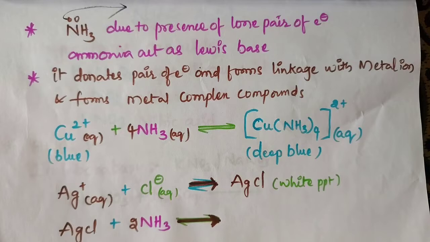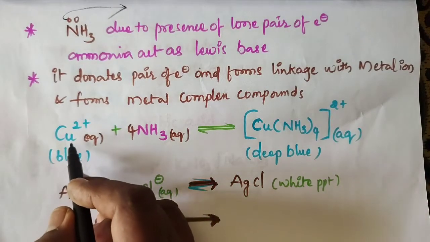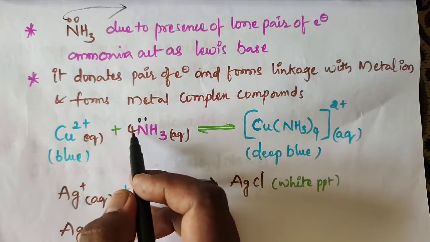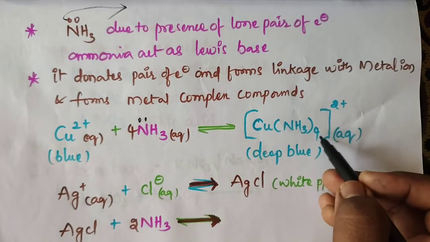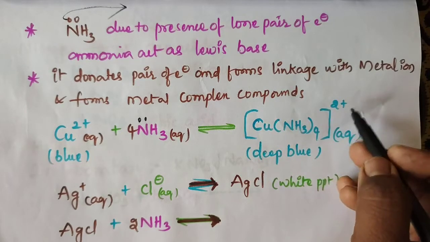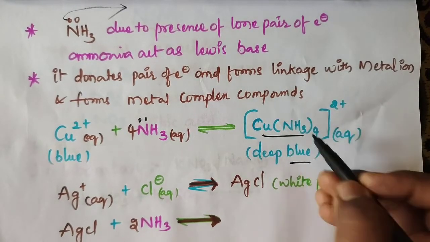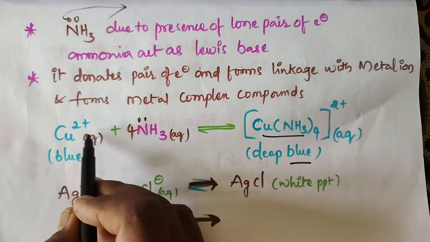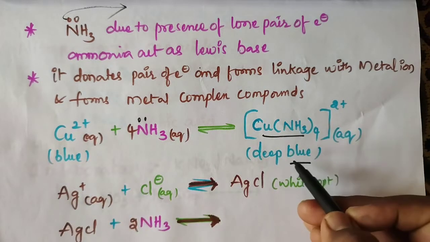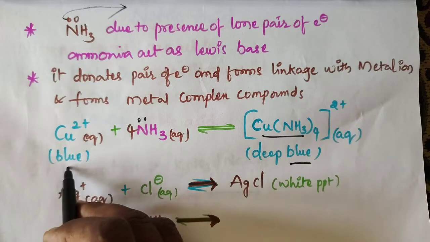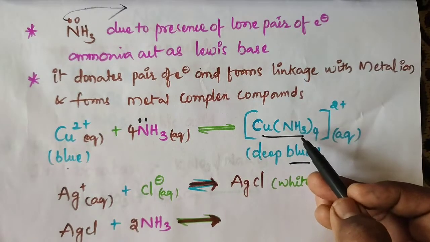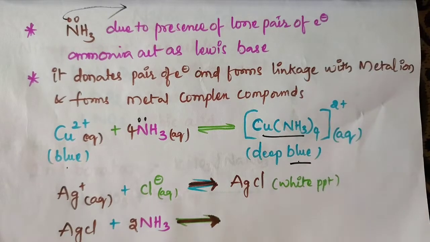So if the metal is in a deficient position, if Cu plus 2 state and 4 NH3, which contain a lone pair of electrons, it is going to form [Cu(NH3)4]2+, a coordination complex with charge plus 2. So ammonia is linked to the metal with a coordination bond. It is going to form a coordination complex. So copper is actually blue color, and reacts with ammonia by formation of a coordination complex. Deep blue color appeared.